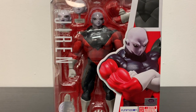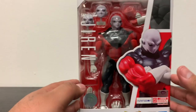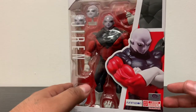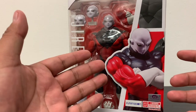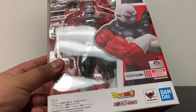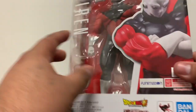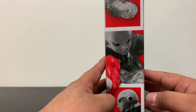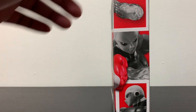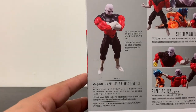So here we have S.H.Figuarts Jiren. The boxes on these action figures are very detailed. I love how the character is right here in front of the box, and it comes with the Funimation logos, Toei Animation, Bandai logos in front of it. On the side, you get another look of the action figure, and on the back you get